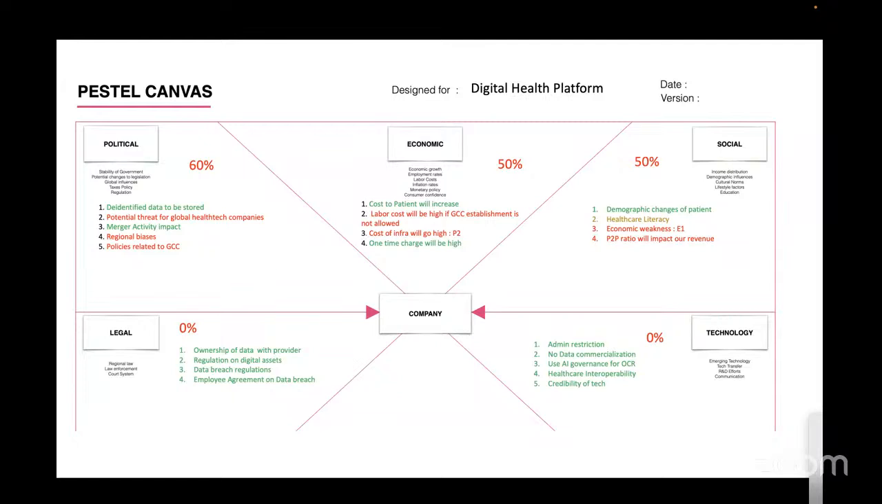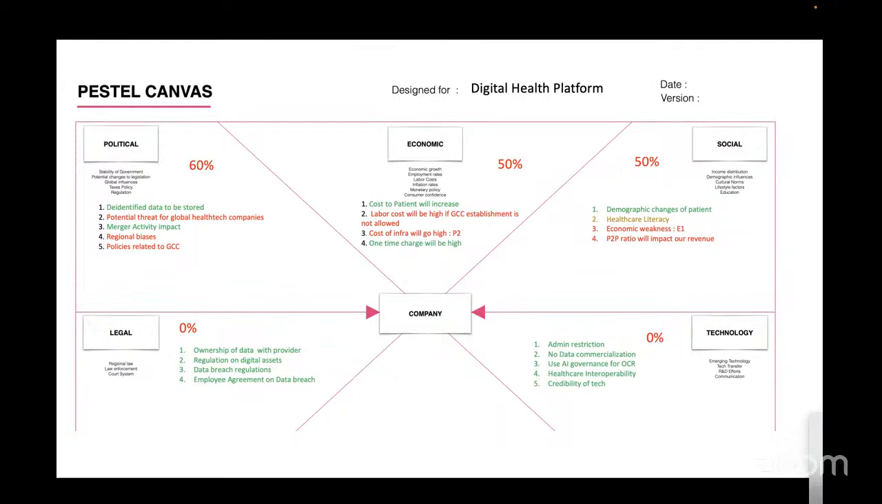And considering all of this, what are your risks? So politically, 60% risk is there. Economically, 50% risk is there. Socially, also 50% risk is there. Legally, 0% risk is there. Technologically, 0% risk is there. So